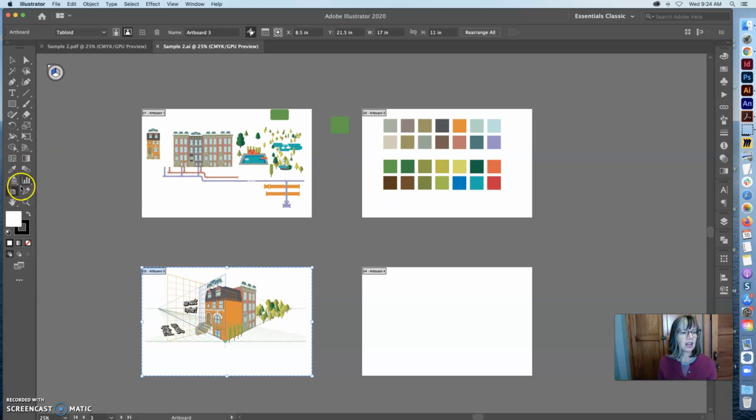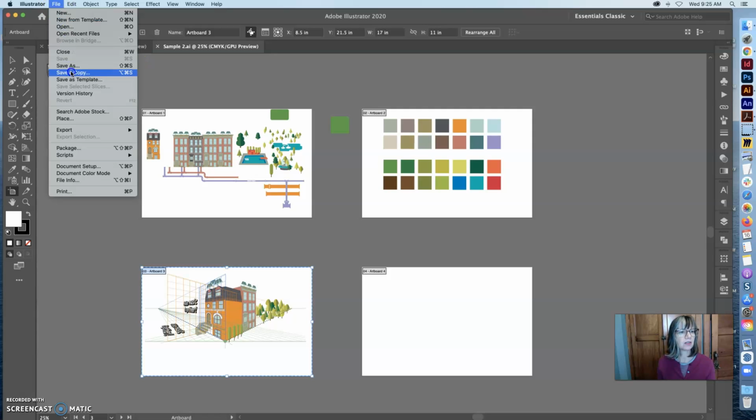So if I look at my pages now, selecting the artboard, you can see this is page 1, 2, 3, and 4. So when I make a PDF, that's the order it's going to make my pages. So one of the things you can do, since you only need to have 2 pages, your drawing and then your description, which I don't have here, you could go and delete those pages. But what I recommend is to go and just save your document as a PDF, as you